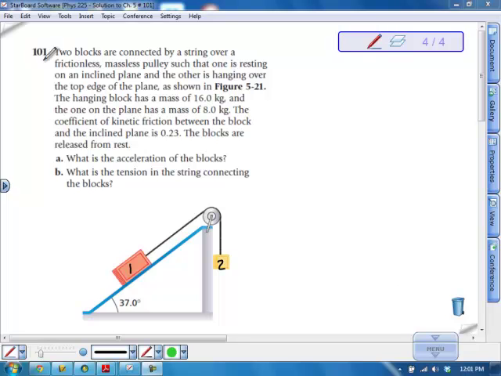Okay, let's go through problem 101. This is definitely the hardest problem we've done yet this year, and it's the hardest problem in this section for sure. So let's look at these blocks, and we're trying to answer